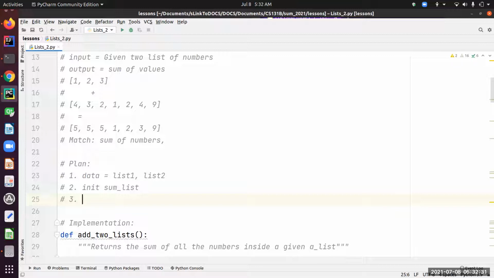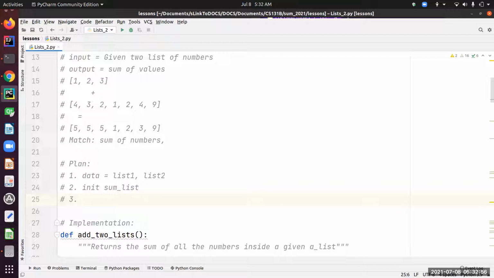And then basically iterate the smaller one. So we have to use if else over here, right? So let's say now we are picking a list, which one is the largest and which one is the smallest,